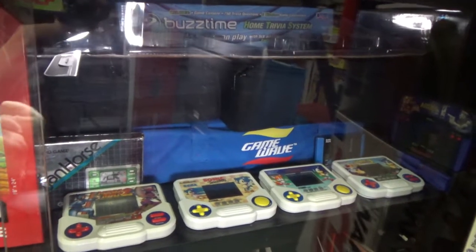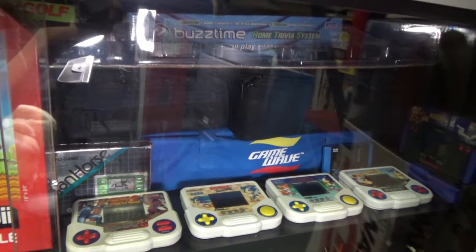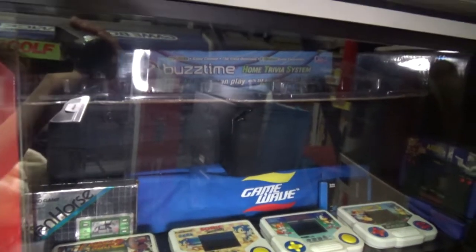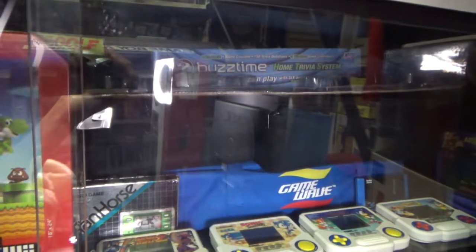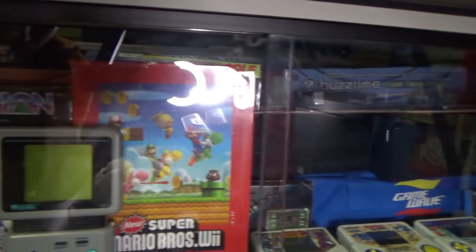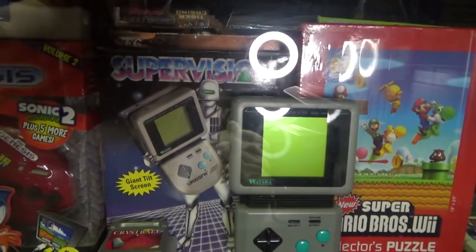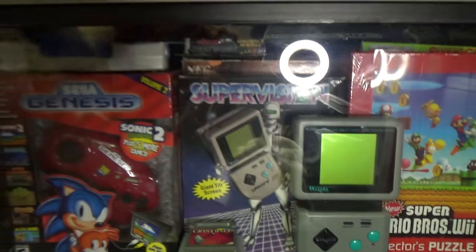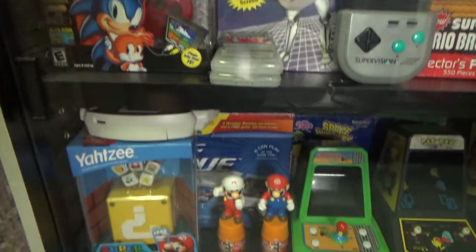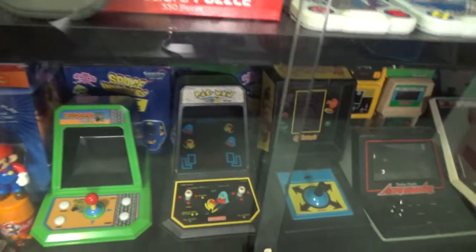There we have that Game Wave that's in a carrying case that looks like a pizza delivery case. Way back I did a review of that. And there's some other things in there as well. Like that Buzz Time is a trivia thing you can hook up to your TV. You can see just barely that orange thing there, behind the Supervision, that's a boxed TurboGrafx. Plug and play Sega Genesis. And then down here we have a boxed Game Wave. And we have some old